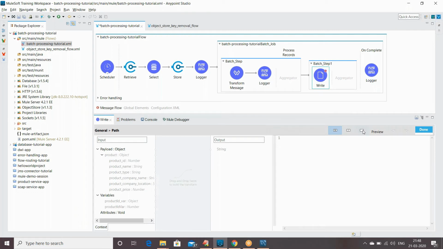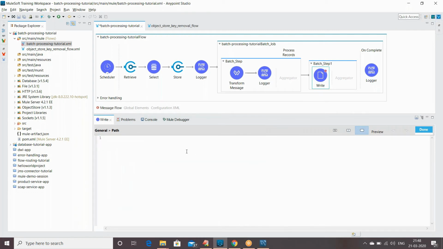Now here I'll say this is my path. This is where I want to create the file. Backward slash, append. What do you want to append? Before this I want to append. Here I will append the file name. My file name should start like this: product underscore, and then my product id, vars dot